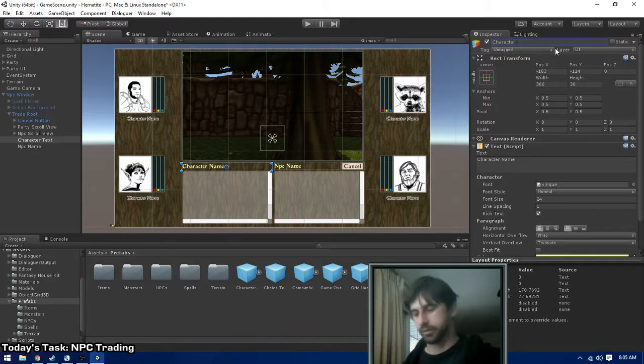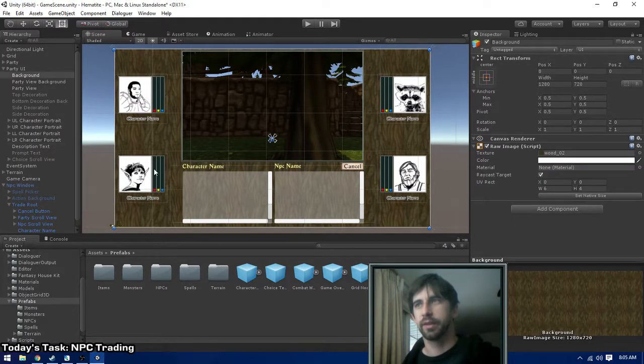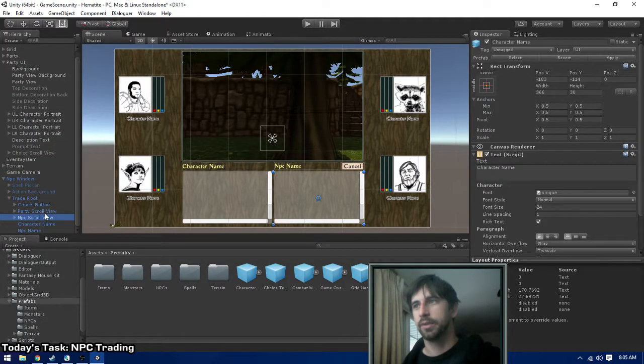Character text, character name, thank you very much. Alright, so great, simple UI, nice, easy stuff. That's kind of, as I said, the easiest part. The hard part here is going to be that we have to hop into these and